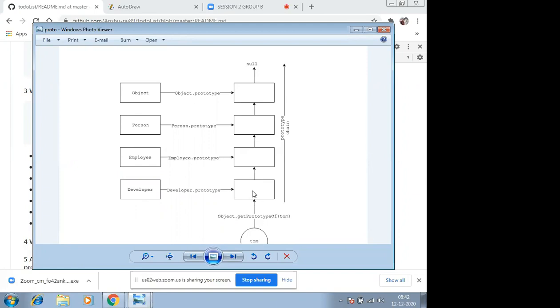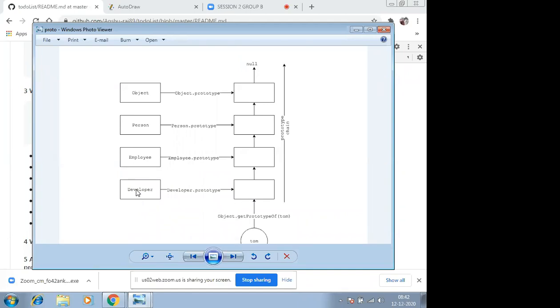The Tom prototype is referring to this, and the developer object is this. When we create a function, it has both a function object and a prototype object. So both are different things. You know that objects are nothing but a reference, right? So this developer object is different, and this prototype is different.